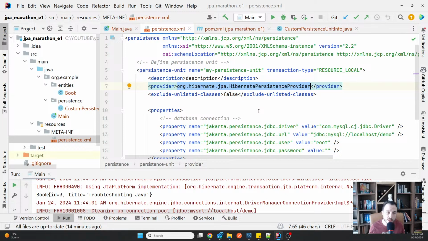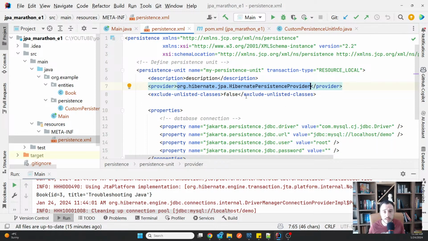There is no JDBC implementation in the JDK. You can't connect to a database just by using the JDK, even if you have that java.sql package, because it doesn't contain implementations. It only contains contracts, interfaces. So unless you have a driver, you cannot use that.